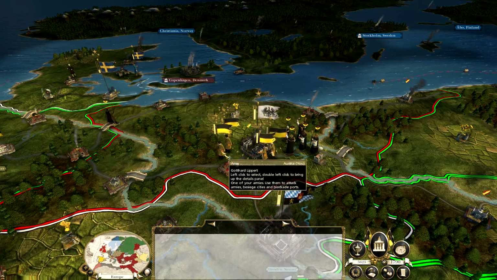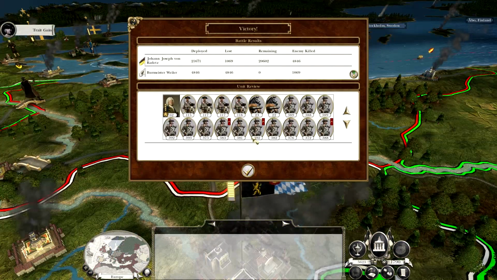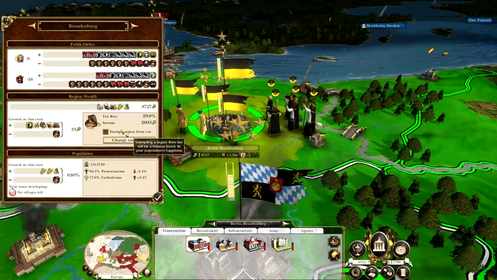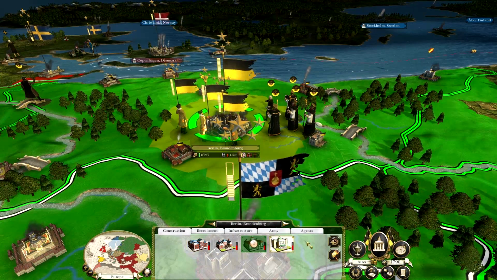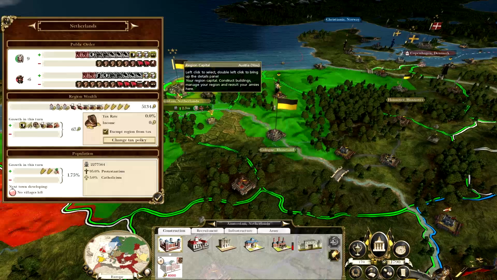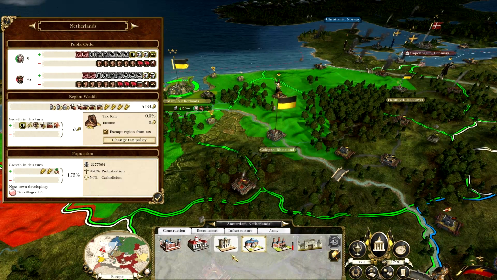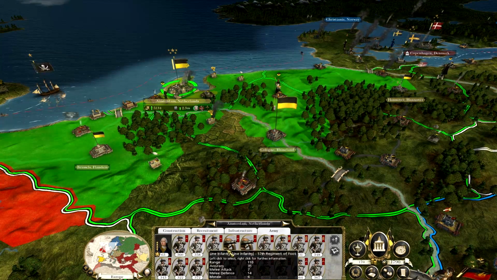resounding auto resolve, if I do say so myself. Victory, only lost 1,000 men, and Berlin is mine. We're going to exempt the region from tax, of course, and we're going to have to repair the buildings. I don't really know how to combat our unhappiness. Obviously, you would build public order buildings to increase that, but you can't always do that from time to time, either because they're usually all fleshed out. You just have to sort of keep an army